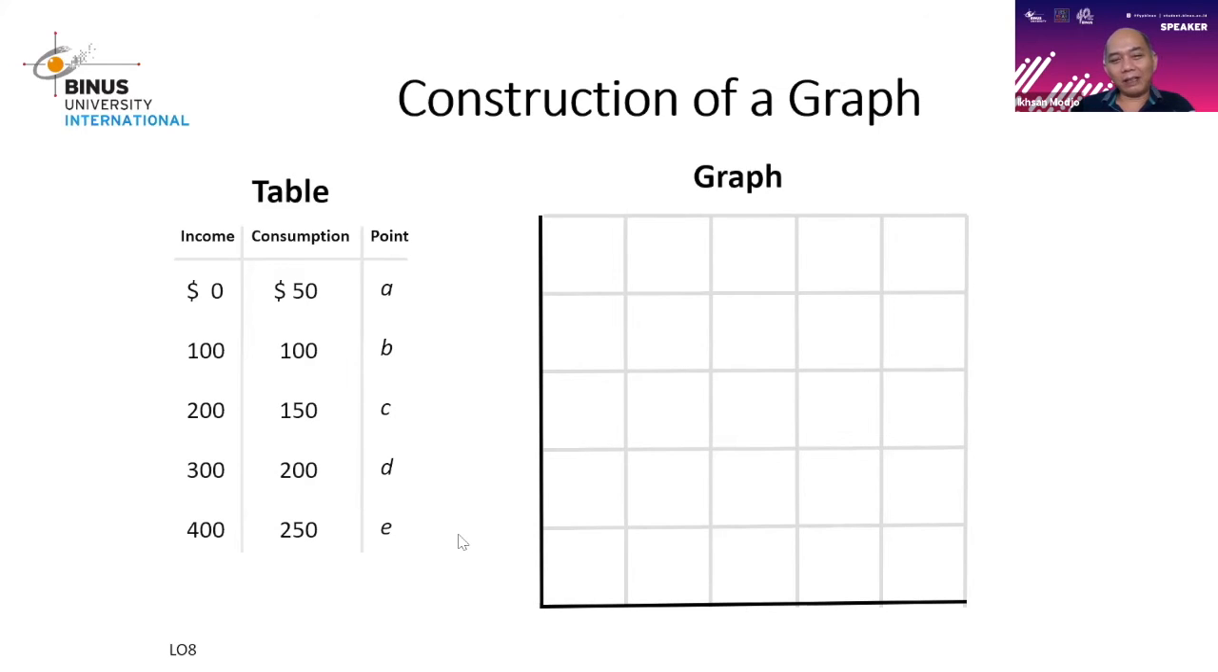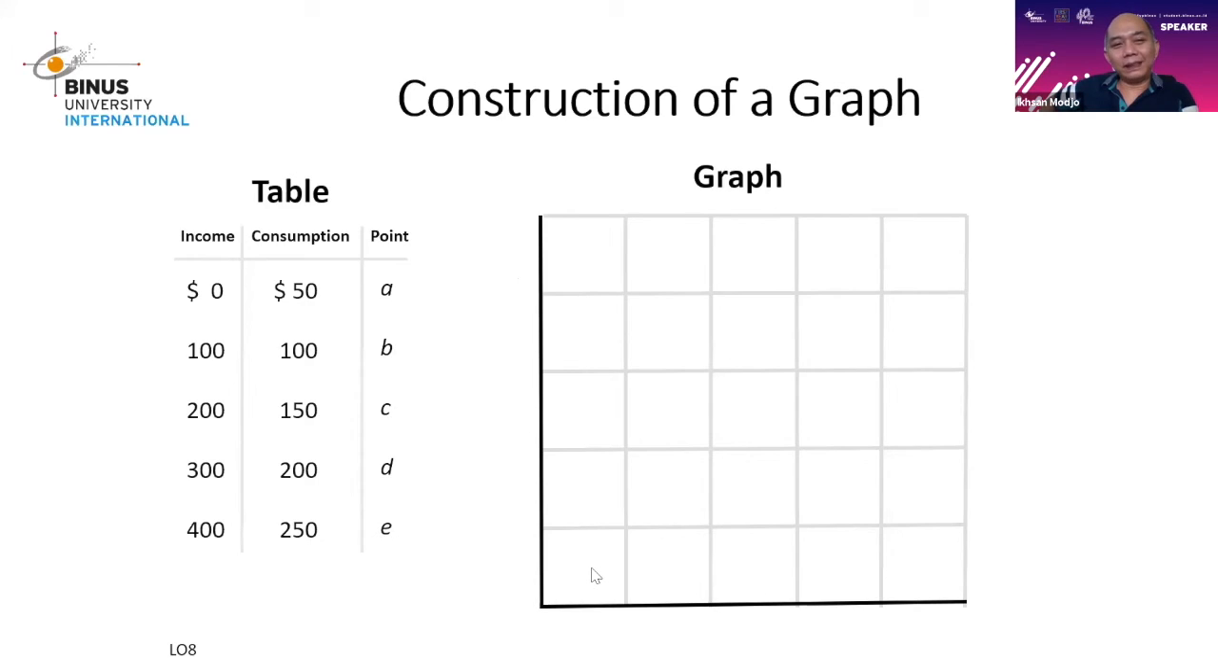Jadi intinya both are basically the same, and you can switch it around. For example, instead of putting the variable income in your vertical axis, you can put it in the horizontal axis. There are no strict or rigid regulations about where you have to put the variables, horizontal or vertical. But there's one what we call, apa ya bahasa Inggrisnya? The normality or the